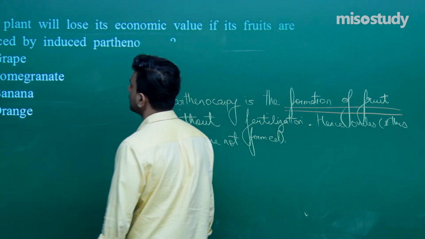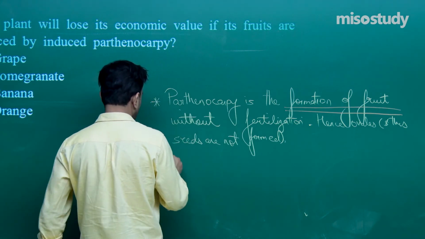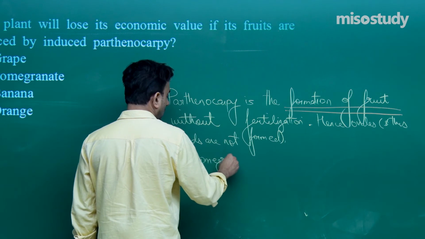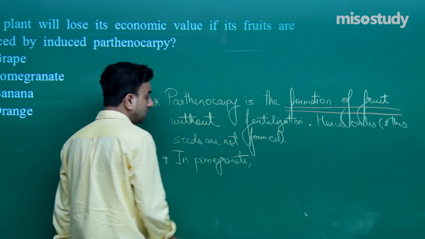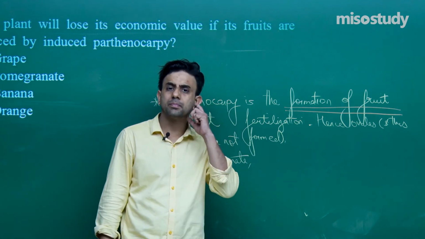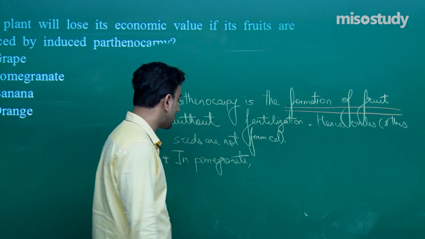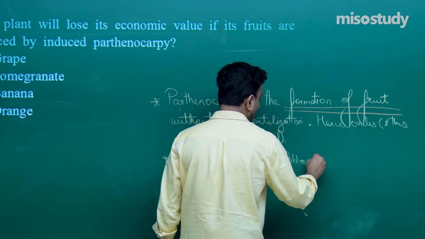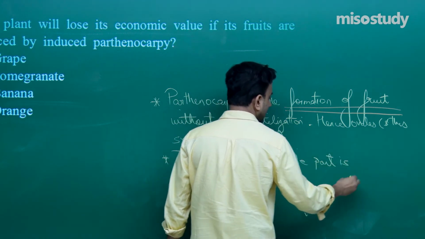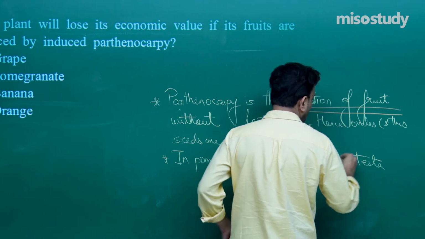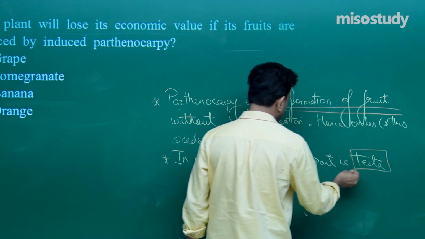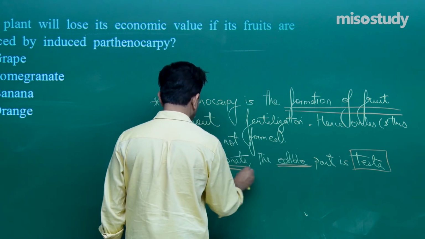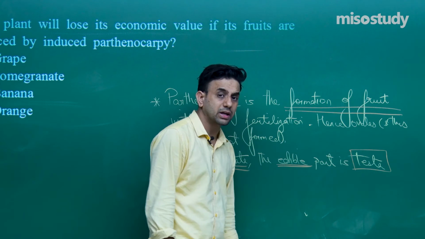So, what will we see in pomegranate? The edible part, that is the part which we eat, is the testa. In pomegranate, the edible part is testa. Okay. So, in pomegranate the edible part is testa,